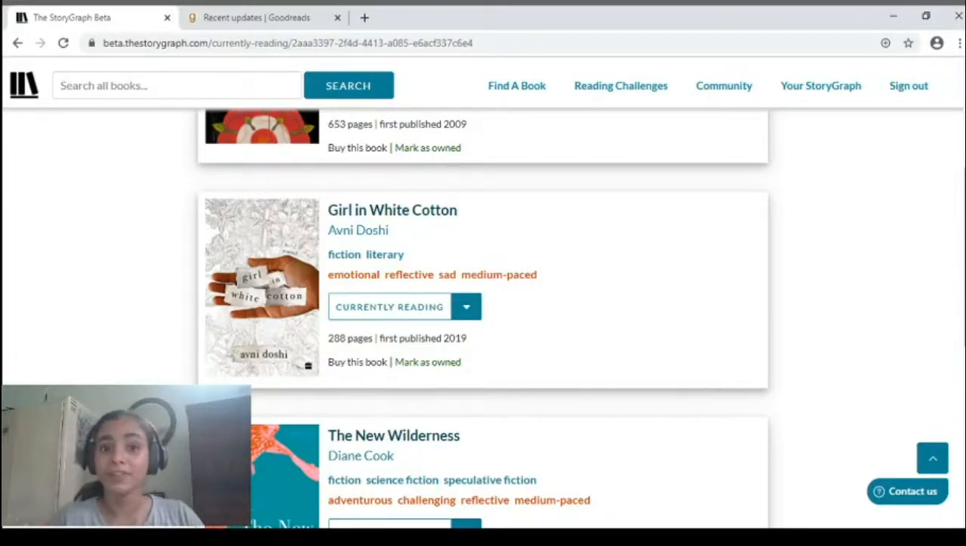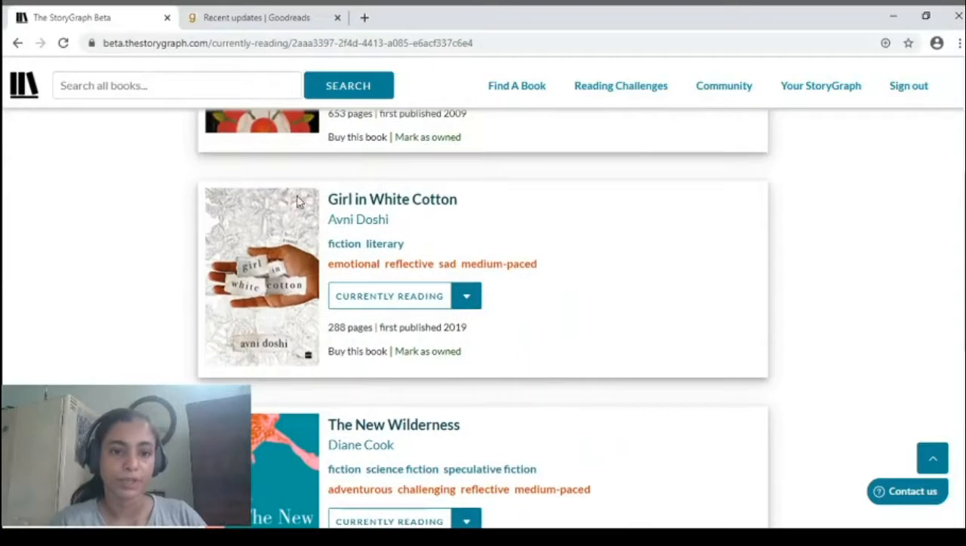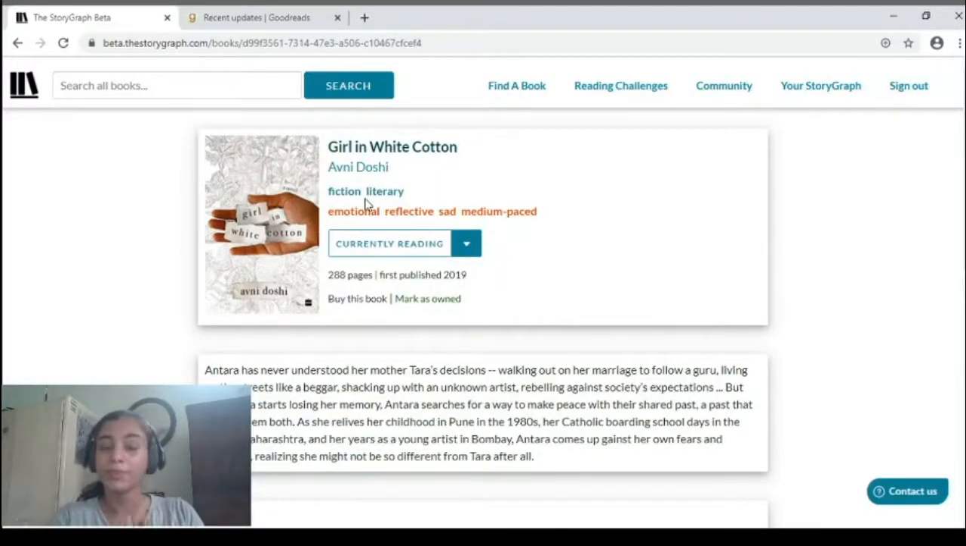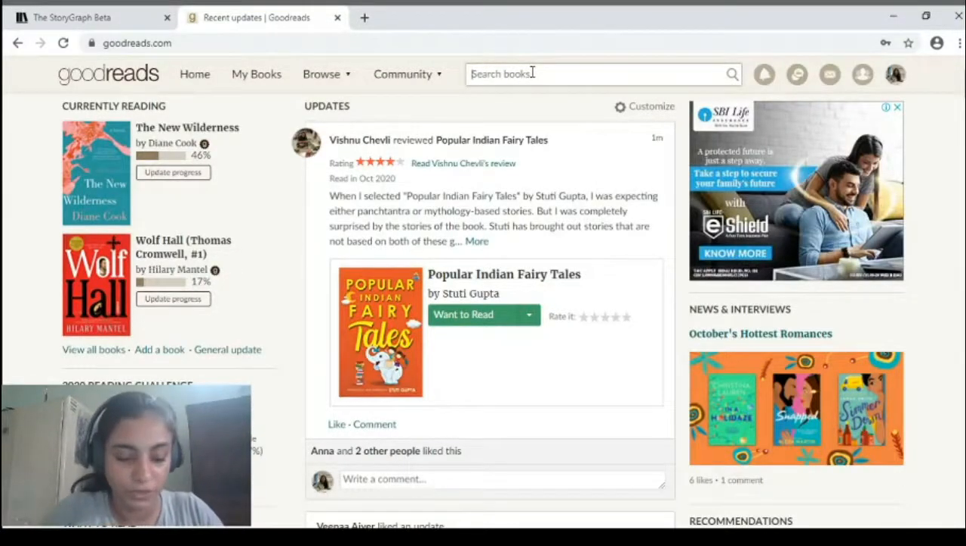But since I waited for a week, now I can show you how you can put reviews in here. So this is something I finished reading. I am going to go to my Goodreads and search for Girl in White